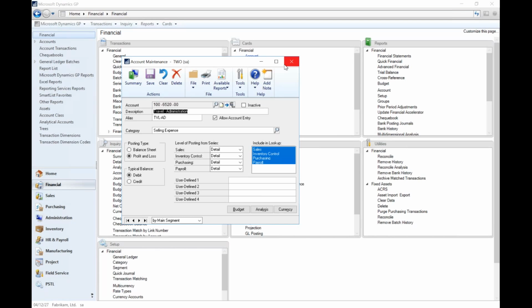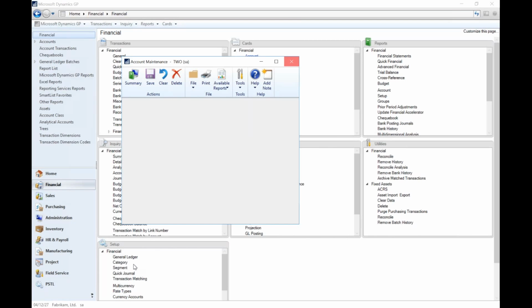Now, this brings up a great question. How do you know which table to pull in? Well, SmartList Builder has a great utility for finding that out without having to dig. So if you have the window open that you know contains the information, just take note of the name of the window. Account maintenance is the name of this window, that's where I can get my information. If we go back to SmartList Builder,